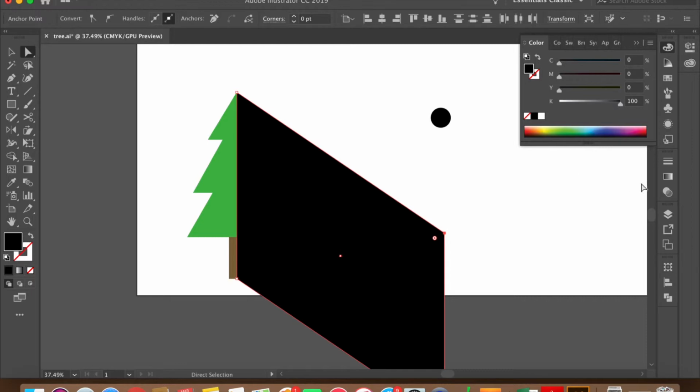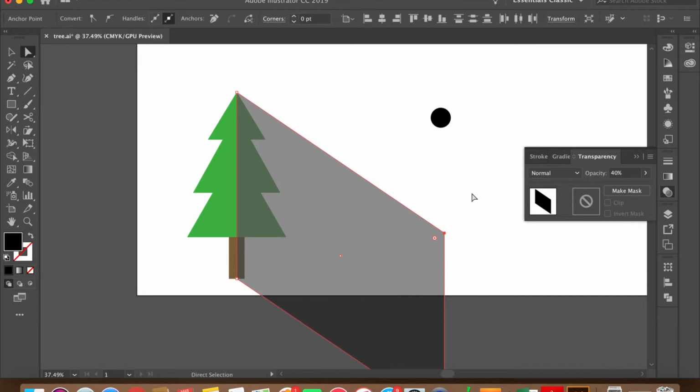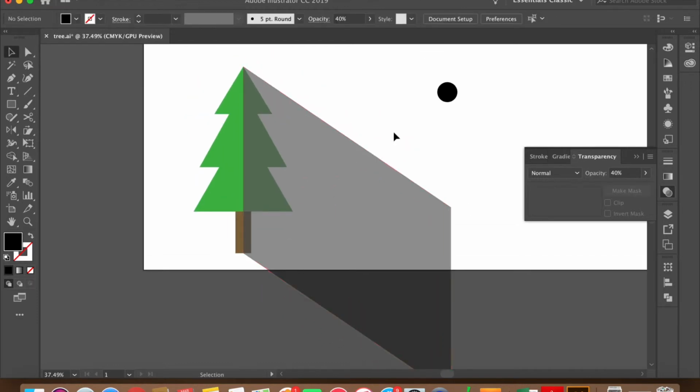So now what we can do is change the opacity. So we're going to come over here to the transparency panel, and right now opacity is 100%. We're going to change it to 40%. Awesome. So that looks pretty good, you know. It looks like it's supposed to be a shadow, but we're going to make it even better by adding a